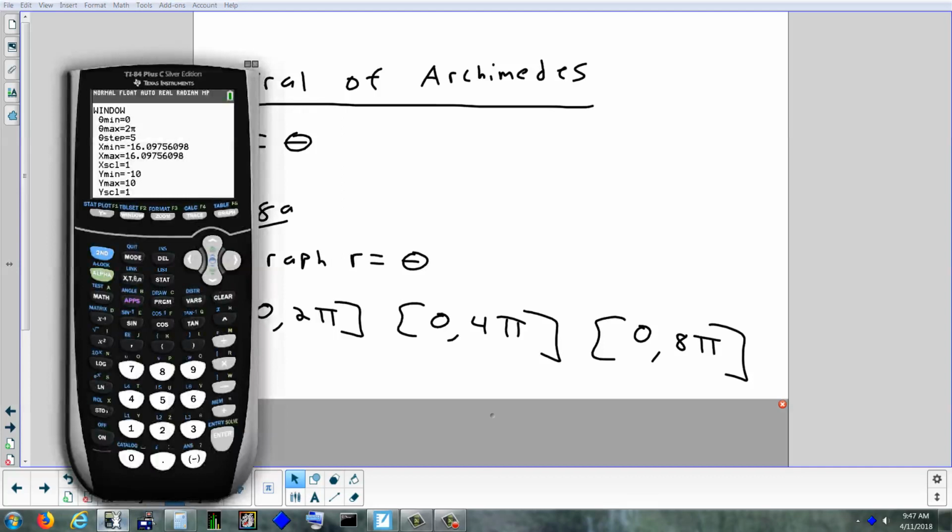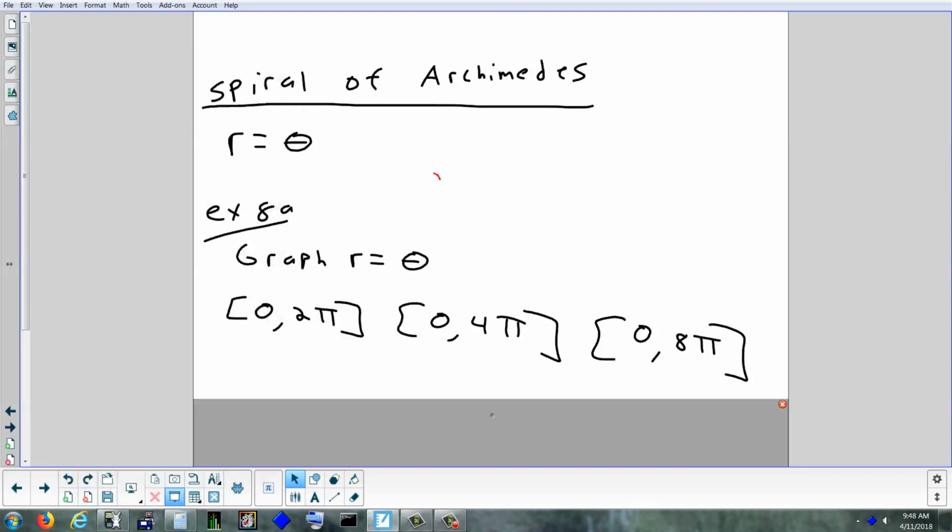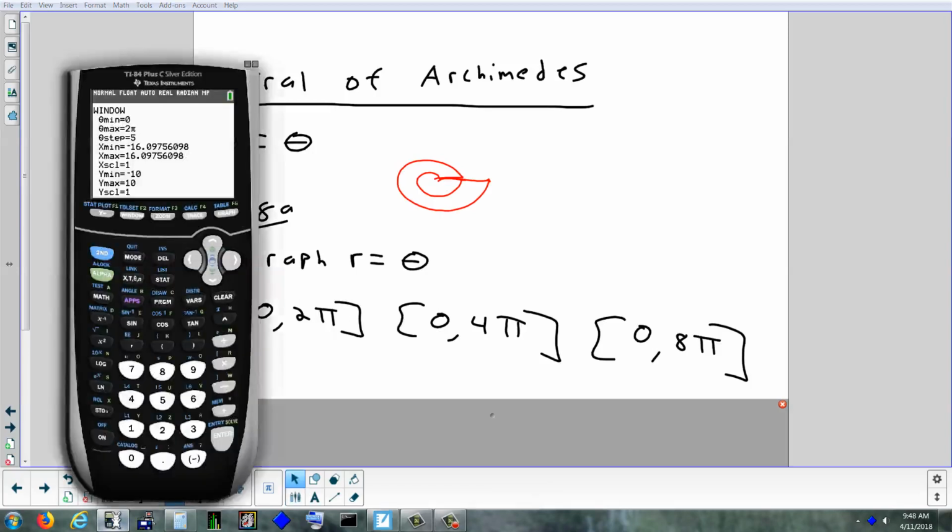units. The biggest part of the spiral, if you draw it this way, is always going to occur on the positive x-axis. So it's going to start here, and as it spirals, that's the furthest point out on the spiral. Okay? When you do another revolution, now that's the furthest point out. So technically, you don't need to go 2 pi on everything, but if you do, you're guaranteed it'll be big enough. So let's go